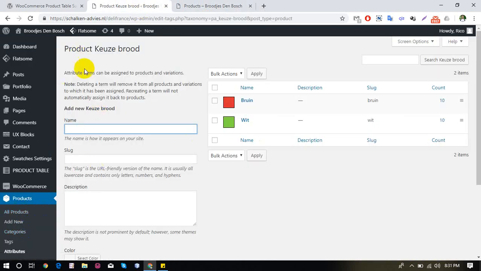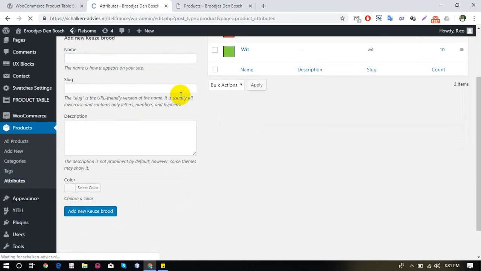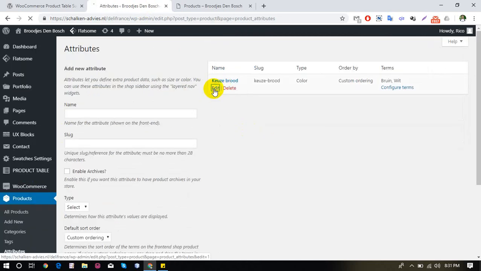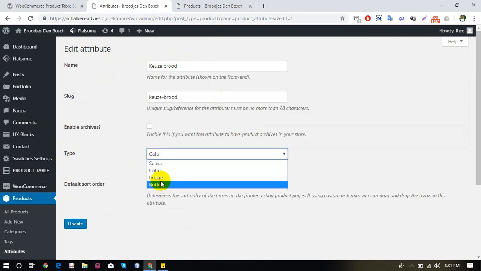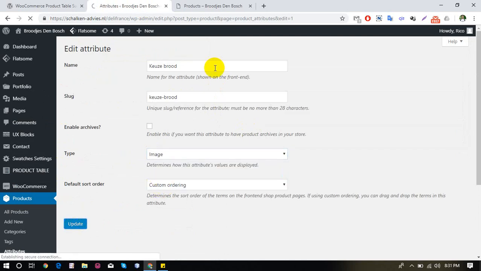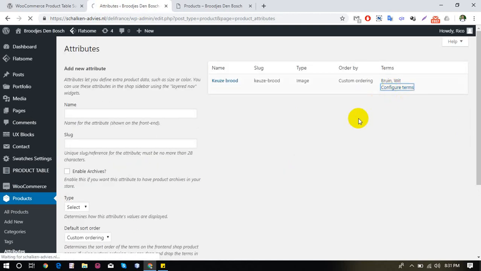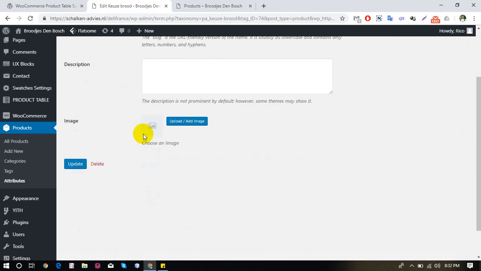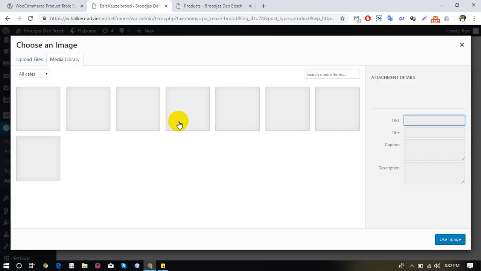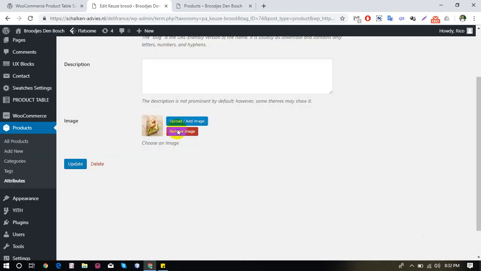Now I will show how to use image. Edit, set type image, update, back to attribute, configure terms, edit, upload your image. As a sample, I will set an image,